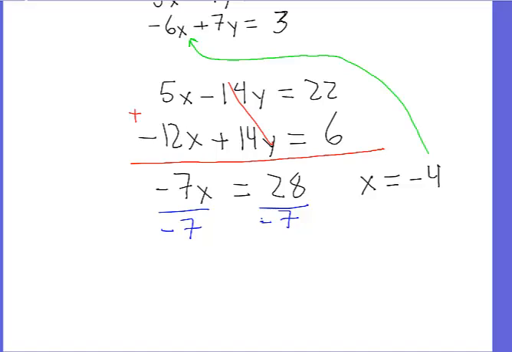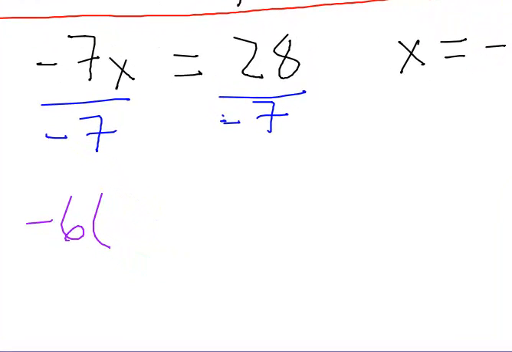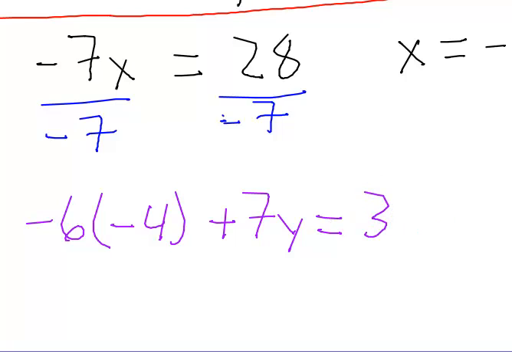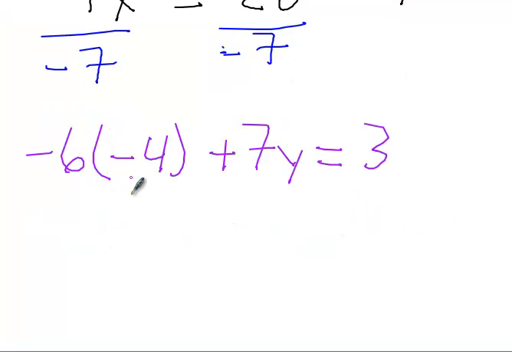What we're going to have, let's do it in purple, is negative 6 times, substituting in the negative 4, so it's negative 6 times negative 4 plus 7y equals 3. All right, now we're just going to simplify. So negative 6 times negative 4 gives us a positive 24 plus 7y